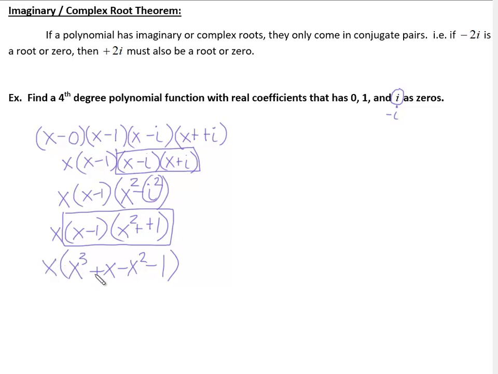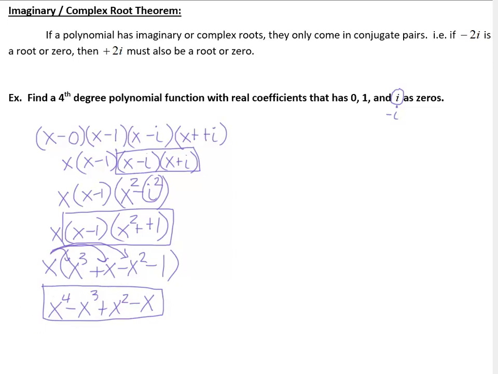And lastly, we're going to need to distribute this x that's out there through everything. And this should give me my x to the 4th power. So I'm going to do this a little out of order just so we can get to that descending by power form in the end, or standard form. So x times x cubed is x to the 4th. x times negative x squared is negative x to the 3rd. x times x is x squared. And x times negative 1 is negative 1x. So this should be my polynomial